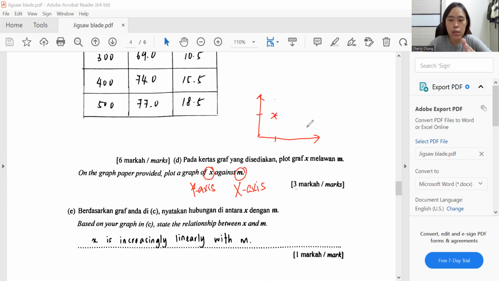The manipulated variable is the one that you are changing. Then the responding variable is the one that you get. So you must have the x-axis first, then only you get the y-axis. That's why the one before "against" is your y-axis, which is your RV, and the one after "against" is your x-axis, which is your m. Please remember this. Now, when we are talking about the graph,